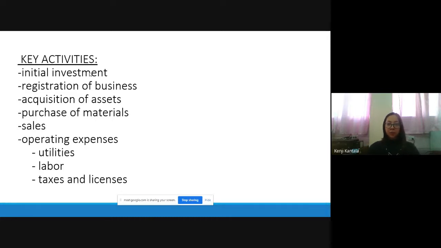Okay, so I have prepared an Excel, I think Sir Carl sent yung Excel file sa inyo. So may I ask everyone to access yung Excel? Kasi mas maiintindihan natin yung bookkeeping kapag tayo na mismo yung gumagawa. So para hindi nakakaantok, let us work on our own Excels, considering our own existing businesses, considering our own planned businesses.